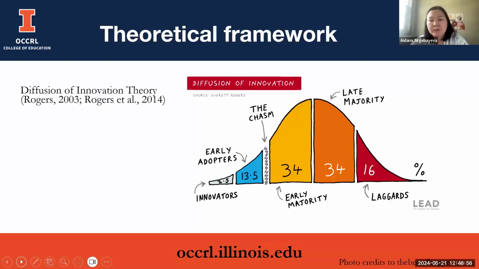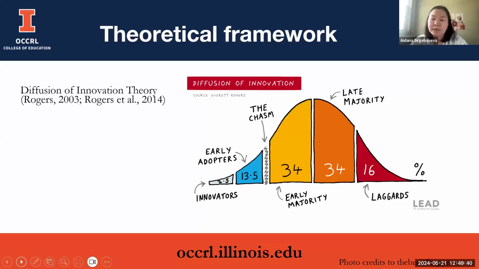So basically, Rogers defined 5 categories of innovators. The first one, a very small percent, as you can see, 2 to 5%, are innovators, those who have been introduced to an innovation and just adopted it, implemented it immediately. The second one is 13.5% of people, a little bit more, but still not the majority. Early adopters, those who have seen that innovators have used the new innovation and see the success, and thus decided to implement the innovation rather than not try it. And then we have the chasm.